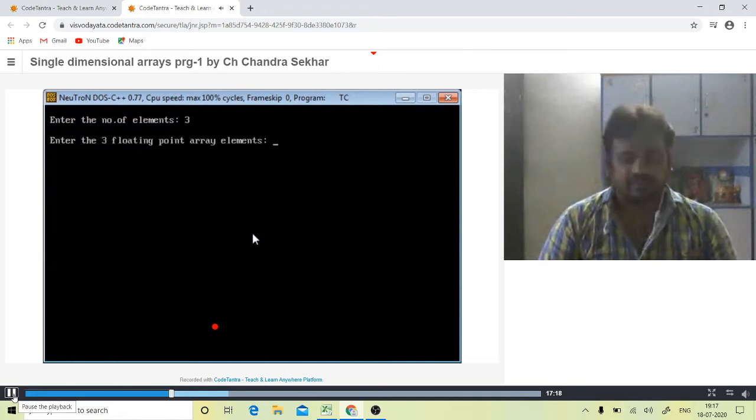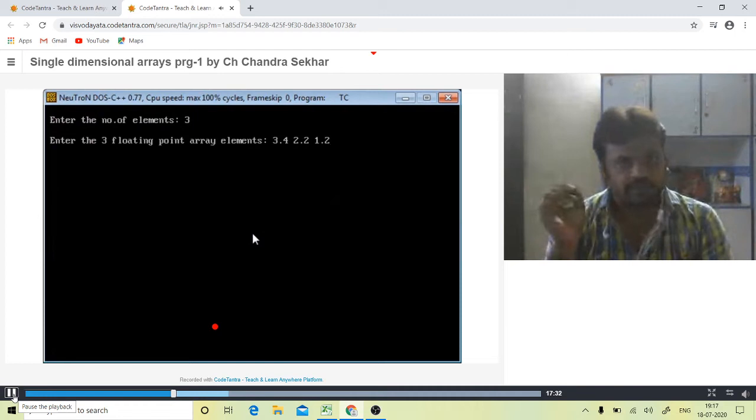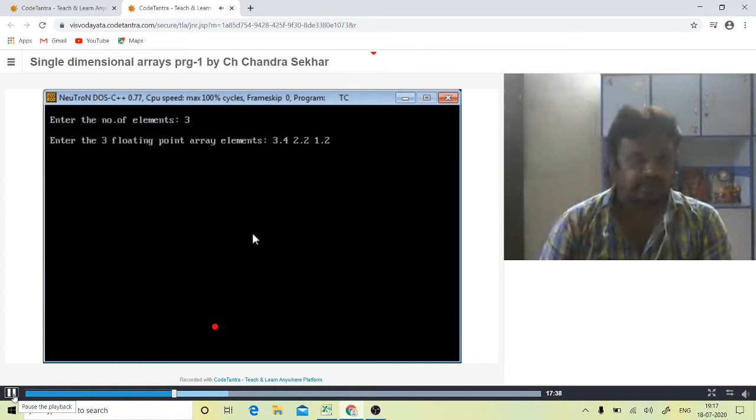I am giving the same values 3.4, 2.2 and 1.2. So the output is 3.4 plus 2.2 plus 1.2, which is 6.8. The output is 6.80.